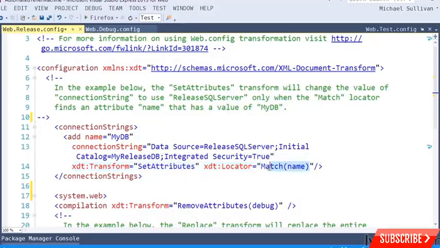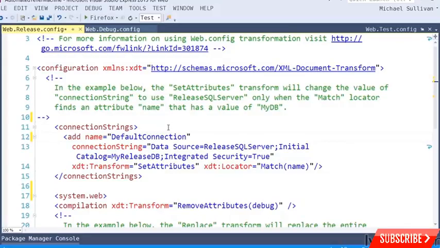The value of the locator attribute here indicates that this is going to have some effect on a connection string element that has a name attribute that matches this one, mydb. The value of the transform attribute indicates what that exact effect will be, namely transferring the attributes that are defined in this element, which just include a connection string. Of course, in our web.config, we don't have a connection string called mydb, but if we were to change this to DefaultConnection, then we could achieve the replacement of our connection string without the help of a publishing or